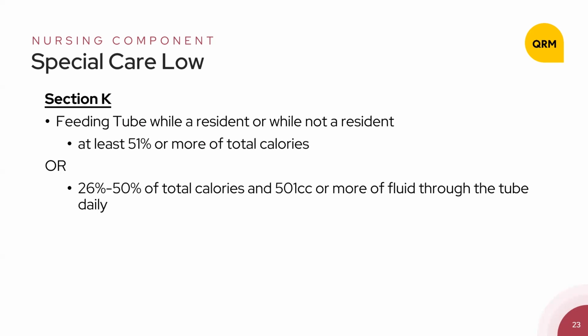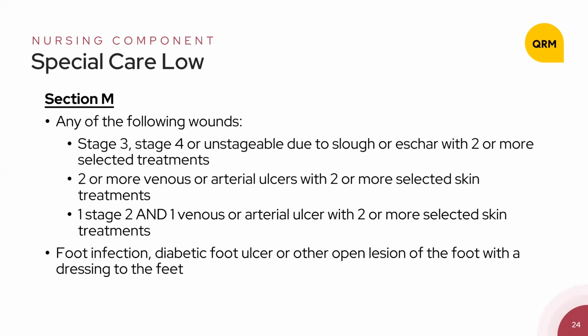For section K, we have a feeding tube. It has the same criteria as it did with special care high. The difference is with special care high, you had to have a fever and a feeding tube. With special care low, you just have to have that feeding tube. Then we have section M, which we didn't have with our special care high, but this is